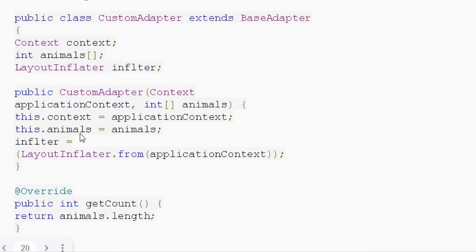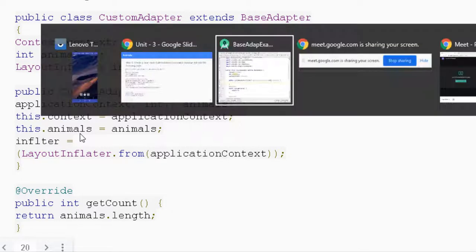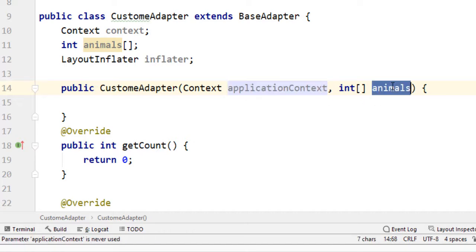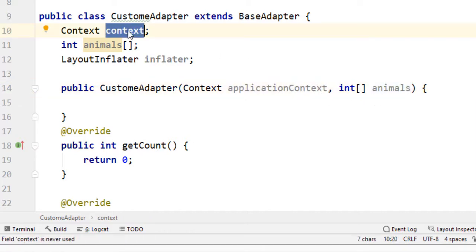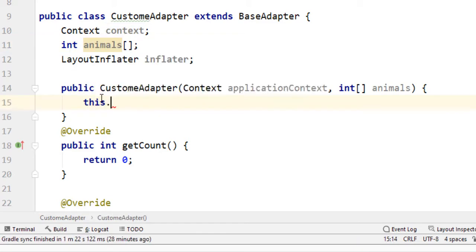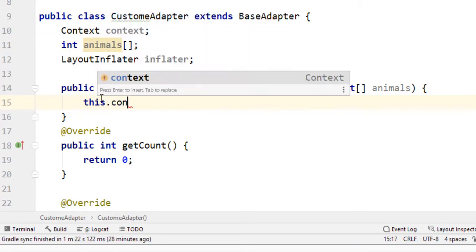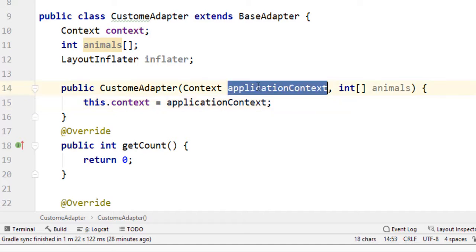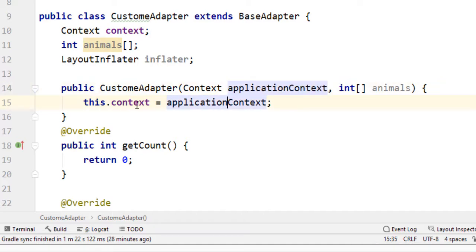Let me show you one by one so you can get more idea. This is your parameter, and this is your class variable. Now I am going to replace this.context and it will be replaced with the application context. So this is the difference. Your application's parameter value is assigned to your class instance variable.